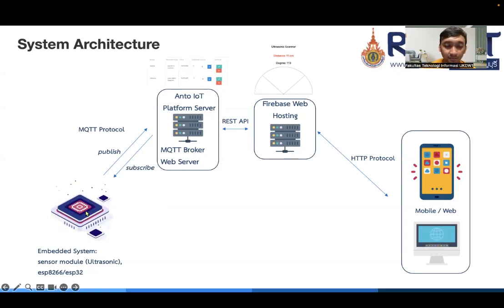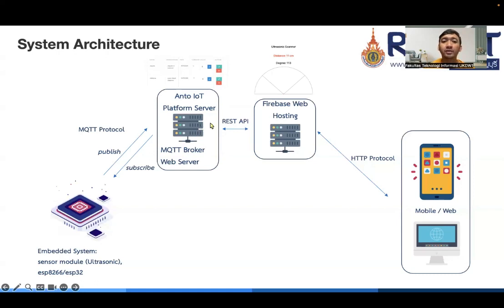For the system architecture, for the implementation, we need an embedded system that has a sensor module, and we should configure our Anto IO as a server, as an IoT platform.